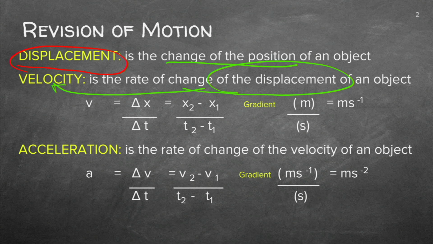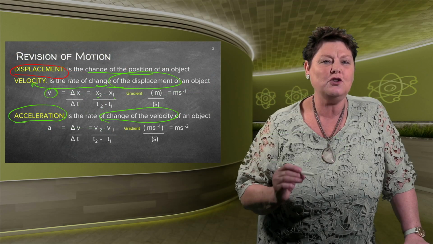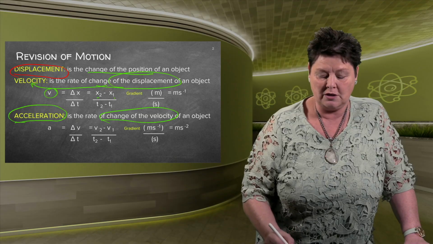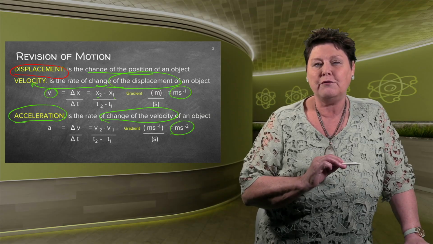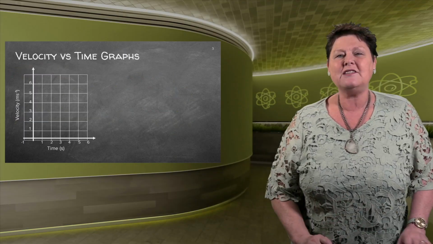How fast is it going, or how slow is it going? And the gradient of this displacement will give me my velocity. And finally, the change in velocity, if you're going faster or you are slowing down, you actually have accelerated in a negative or in a positive way. So make sure that you know, are you working with velocity or are you working with displacement or position? And then make sure that you've got the right units, meter per second for velocity and meter per second square for acceleration. Right, let's start.